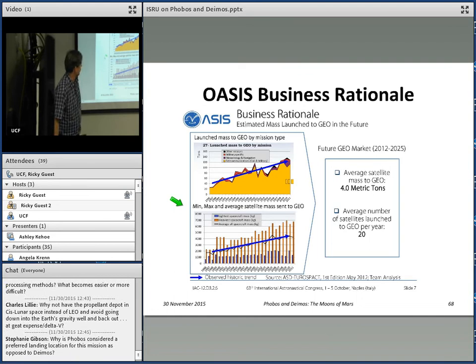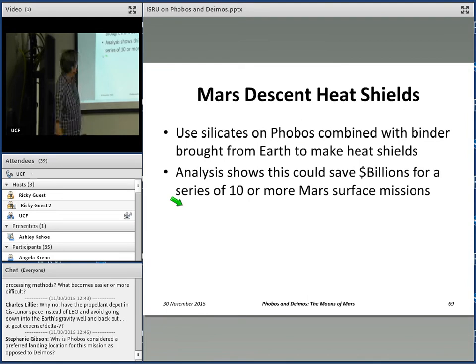Once you start mining the moon for those propellants, after you've got past your infrastructure startup cost, then the ongoing recurring cost of launching to geosynchronous orbit gets even smaller. So at least a part of this network of propellant depots has a commercial rationale in addition to supporting NASA missions. Okay, another thing you could do on Phobos is you could make heat shields to do entry and descent